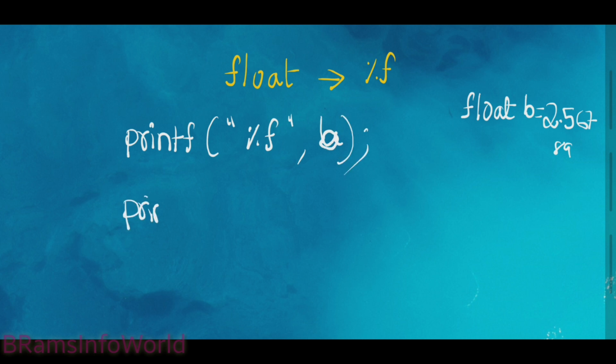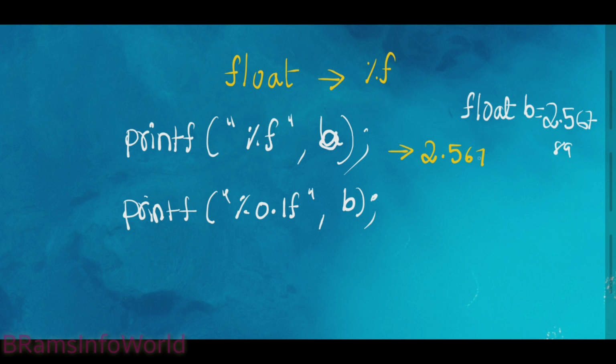Similarly, printf, and you can use \n in the program, with %0.1f followed by b. In the plain %f case the output will be as it is. The precision of a floating value is 6, like 2.567890, so 6 decimals are sufficient. With %0.1f, the 2 will be printed as it is and 5 is expected. The remaining values are ignored by the compiler.